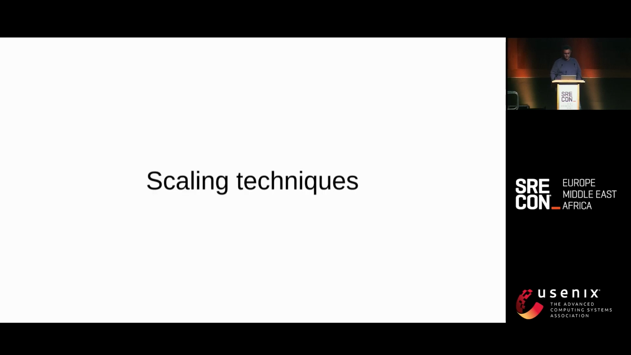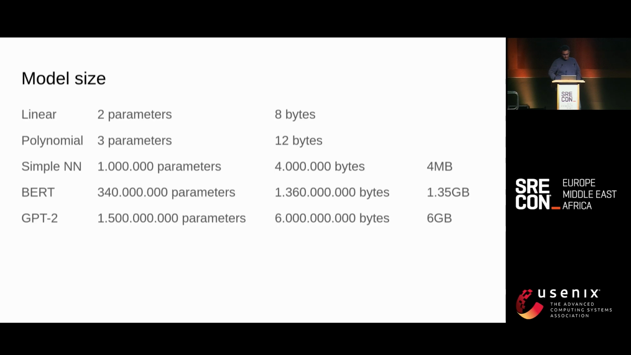And that's it in the space of monitoring. On the world of scaling,